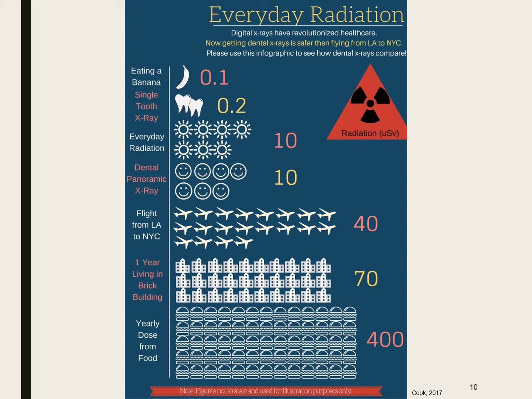So a dental panoramic radiograph is 10, and then everyday radiation is 10 as well. But having a full series is actually a little bit more than dental panoramic radiographs. And then a flight from LA to New York is 40. And so you can certainly see how patients get significantly more radiation through just everyday life than they do through